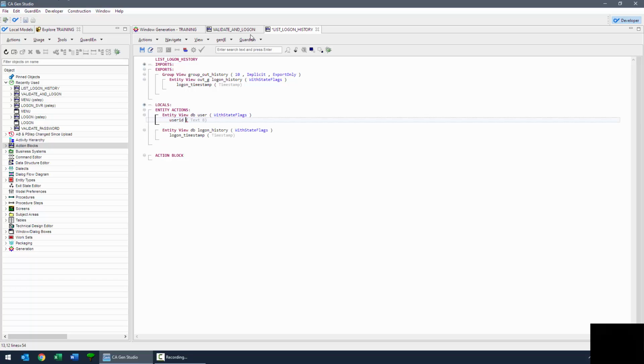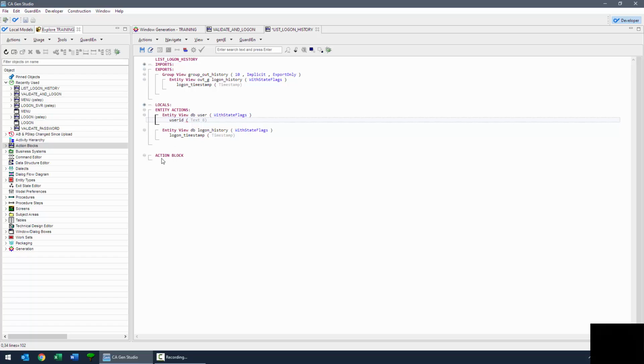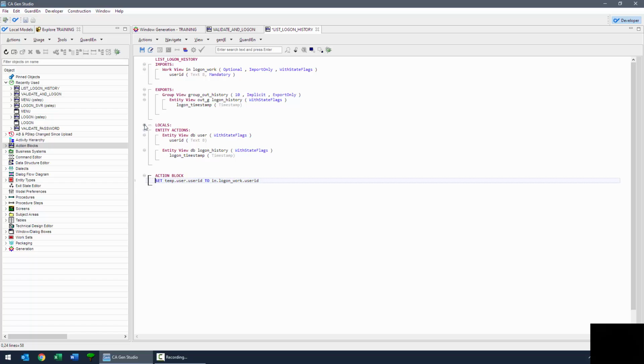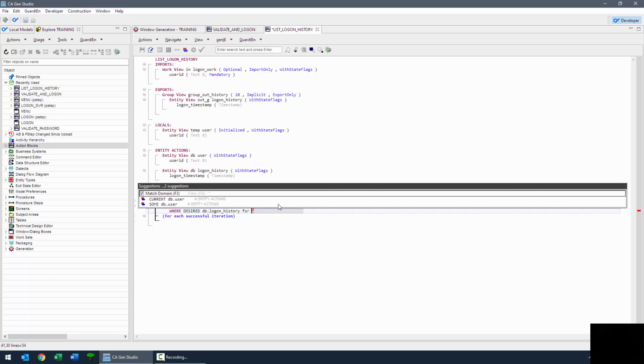I need to know which is the user, so I'll use a similar approach to the validate logon, where I'll read it for the logon work user ID. I'm just going to copy that statement and paste it in here, and note that that creates the views for me. Then I want to read each of the logon history records, where the desired logon history is for the user, and I can either choose current user,